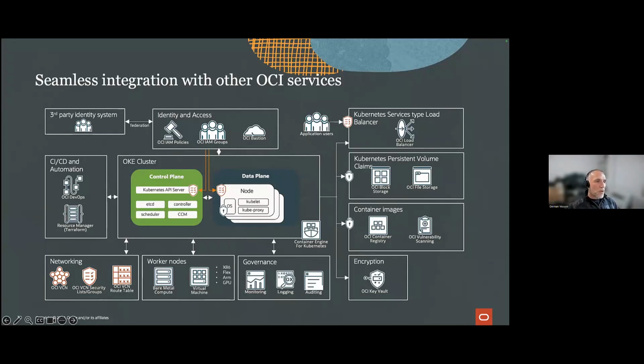Because one of the main goals of OCI is to rely on open standards, and we are using a lot of open standards. For example, in observability, we are relying on OpenTelemetry. To give you an idea, our functions system is basically based on an open source project, and so on and so forth. In general, we try to be open when it comes to the tools and things that we use within OCI. So, for example, your OKE cluster here, which is right there in the middle of the slide, is a full-blown Kubernetes cluster, right?